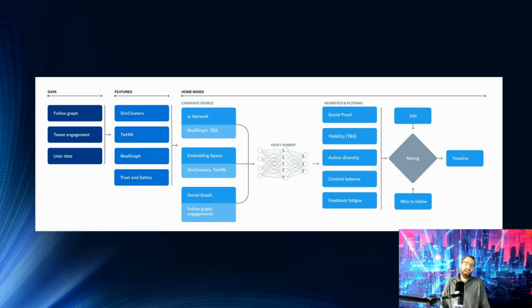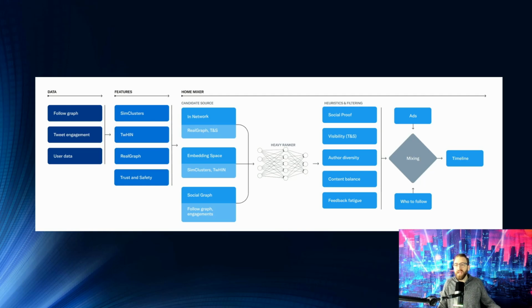So this is a visualization that I cribbed from their engineering blog, and it shows at a very high level how it works. Starting from the left, they have all of this input data. These are all the tweets. When you tweet about how amazing Elon Musk is, how much you love the Tesla Cybertruck, that is your input. Those need to go through a series of refinement steps, because when someone is scrolling through the feed, you